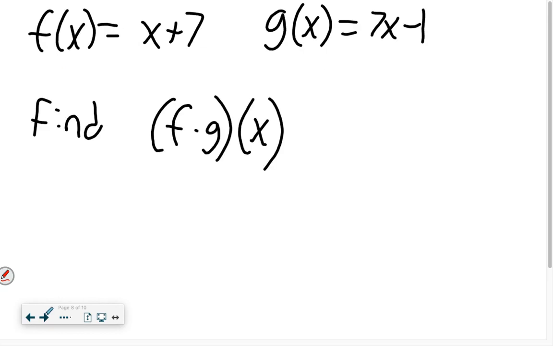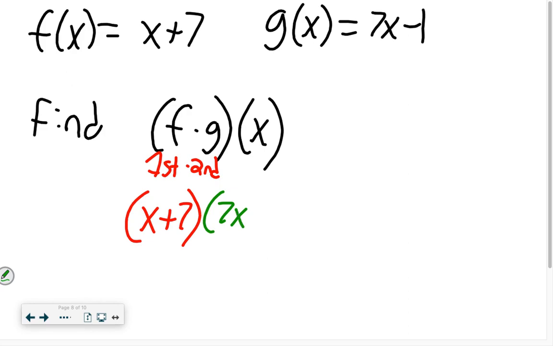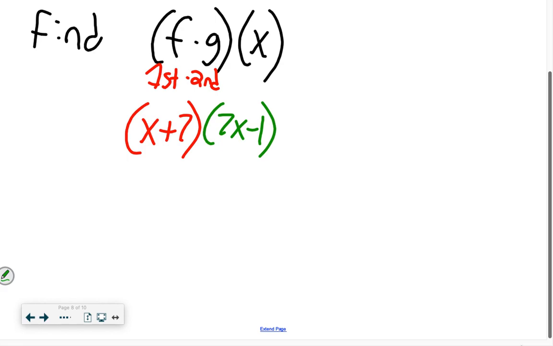So, first example, you have f of x equals x plus 7, and g of x equals 7x minus 1. And so we're asked to find f times g of x, okay? Which basically is the first times the second. So I'm going to write out my first one, x plus 7, and then my second, which is 7x minus 1. Now this isn't addition, so we're not combining like terms. This is multiplication. Because they're both binomials, two terms in parentheses, we can FOIL. So we have x times